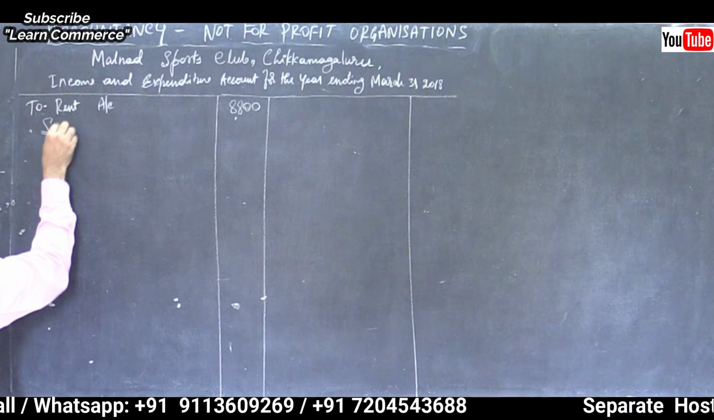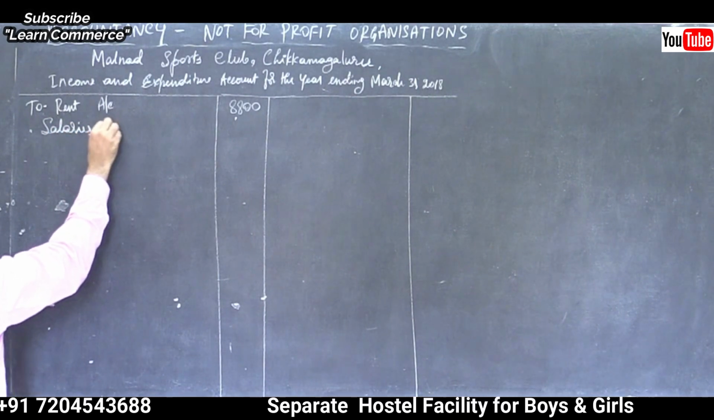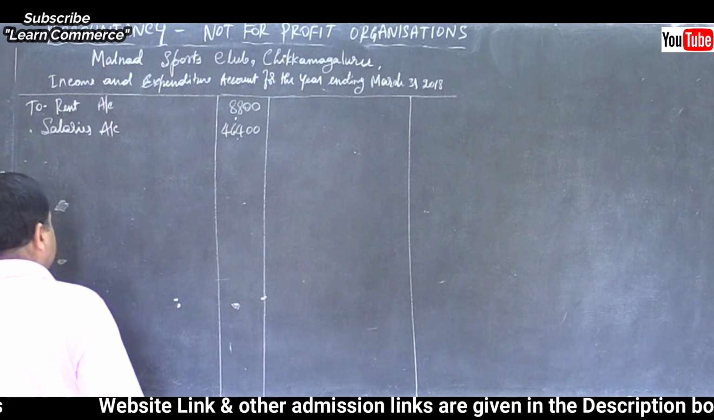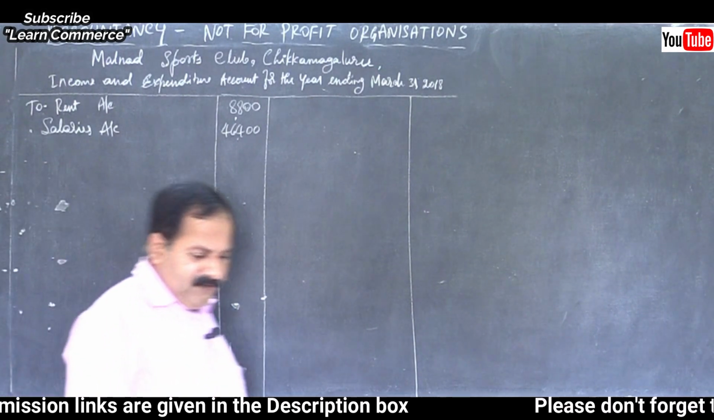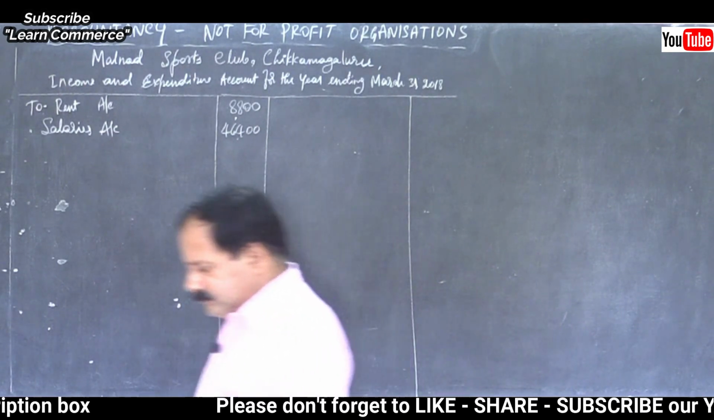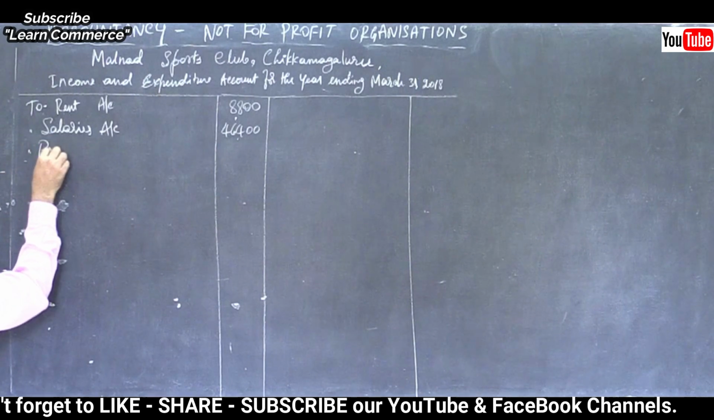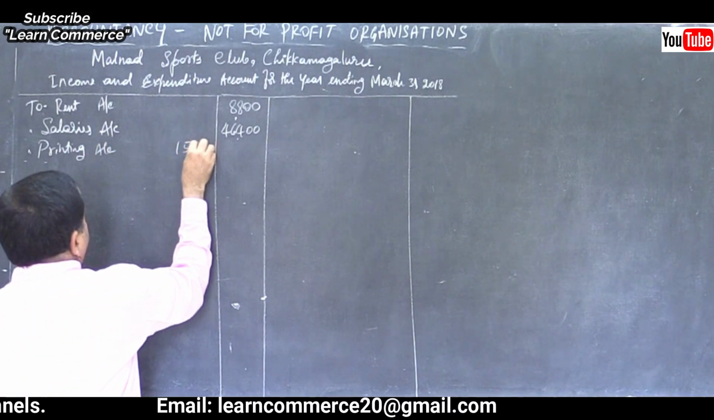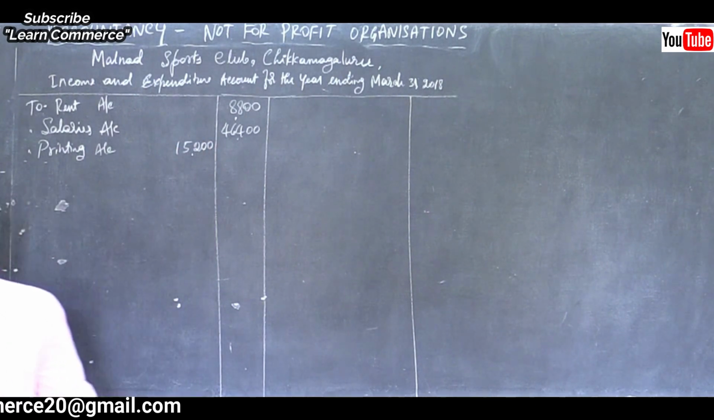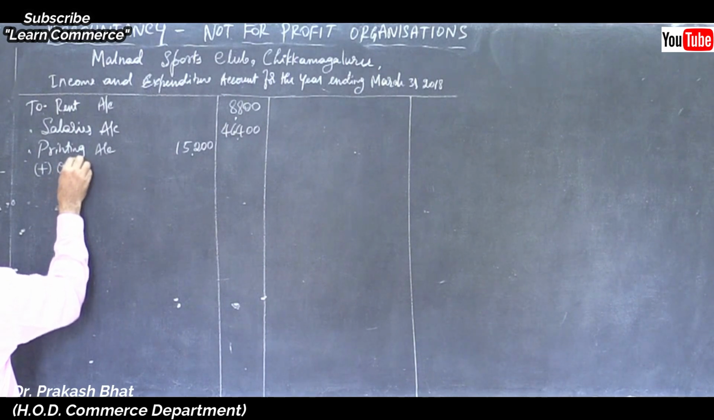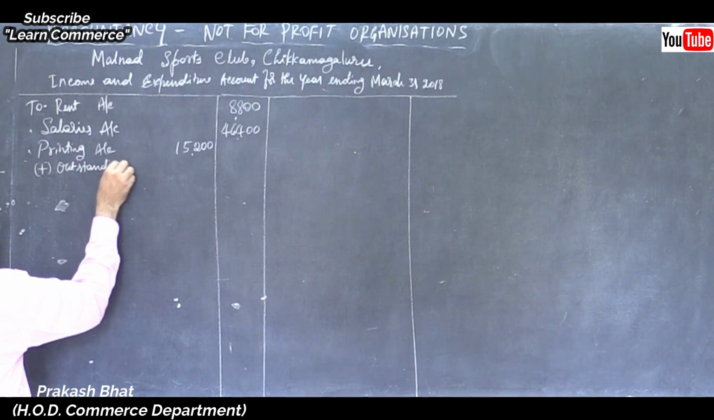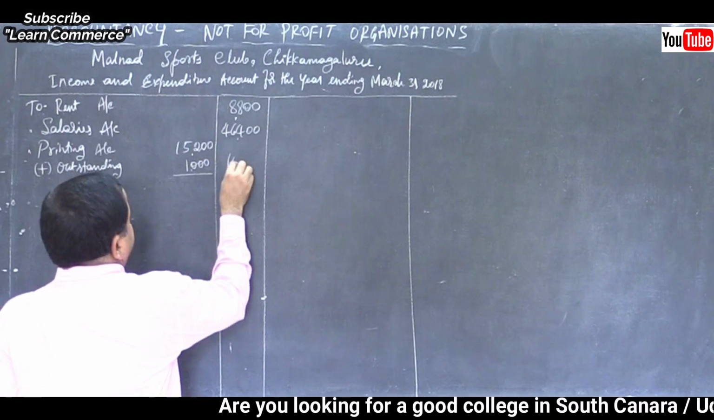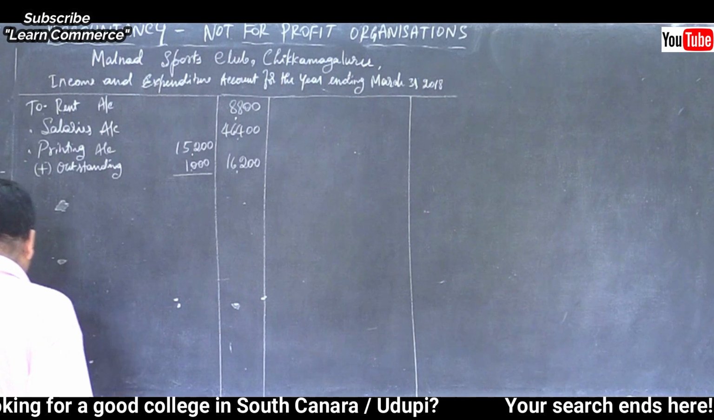Salaries account, that is 46,400. Again, only current year's amount you should take, that's all. Anything outstanding salary is given? No. Then printing, inner column 15,200. Add outstanding printing, that is printing due or printing unpaid, isn't it? 1,000, 16,200. Then to general expenses